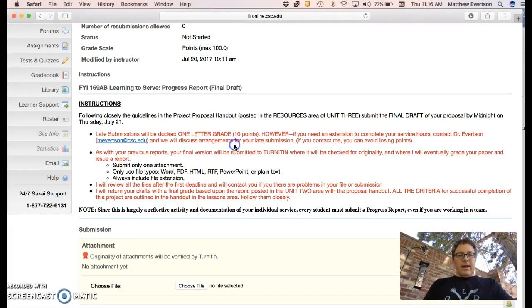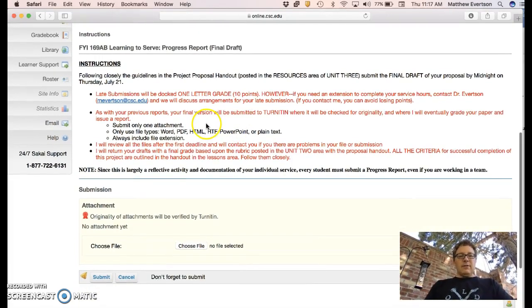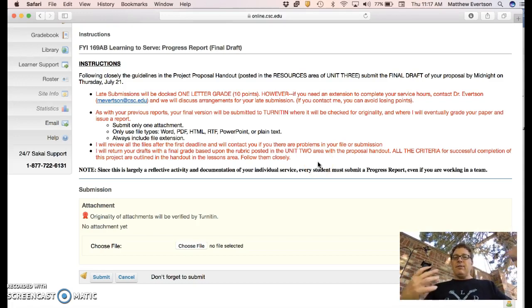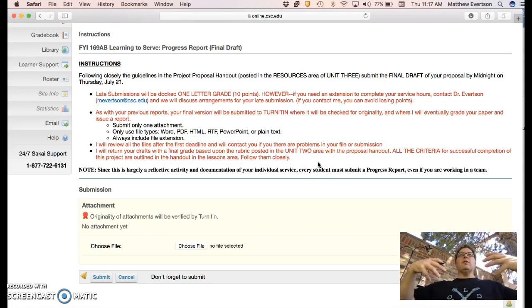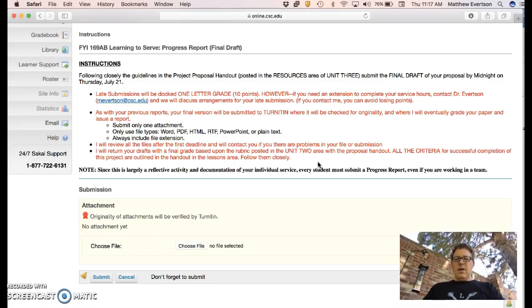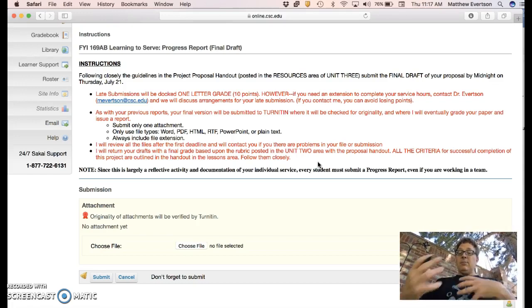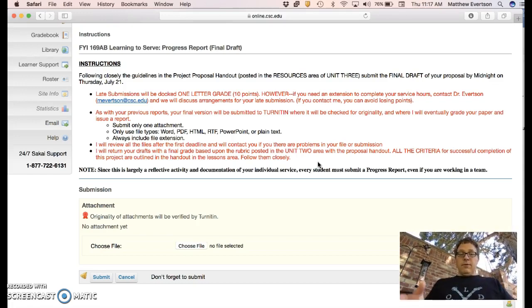And so as this handout shows, you're going to submit this, and basically I'm looking mostly at how reflective you are here, how much you've completed the materials. There's not a lot of emphasis on original content or the sort of thing that we saw with our first project. Rather, this is how well you describe and document your service, and we'll see how it gets shaped into a more formal report for your final project. But that's the key with these